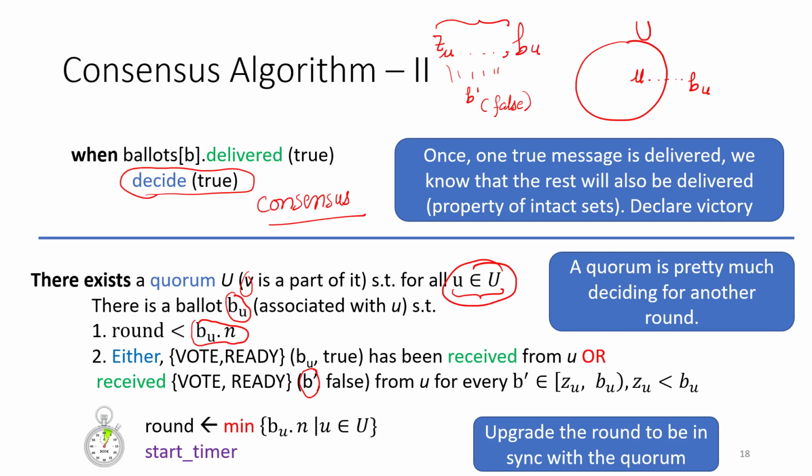whose current round is higher than the round of the current node, which is V, and V is a part of U. So it has clearly seen other ballots whose current round is quite high. That is the first point. And the other is it has also received messages from them to either confirm the correct ballot or basically a prepared message, so for all the ballots which are lower than it, it has received these prepare messages. So vote and ready are part of that prepare.